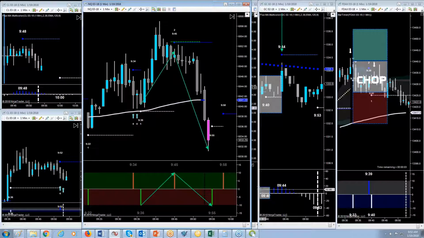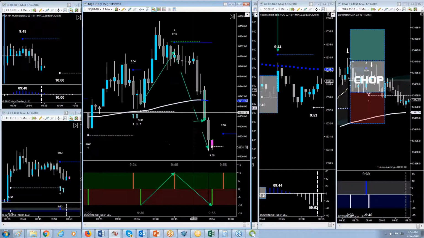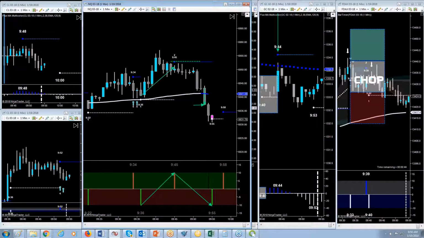So, Danny, this was a crossover candle right here. You have the ability to be short in the NQ as soon as the candle closed below the moving average right there. Boom, you could take a short in the NQ because now you have all of those things lined up. Selling pressure, downtrend, close below the downtrend.